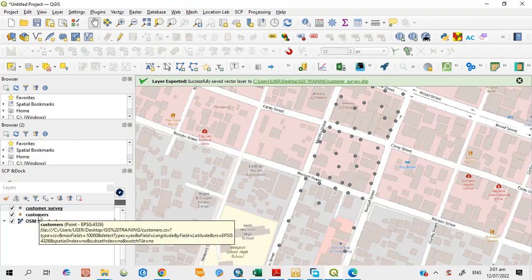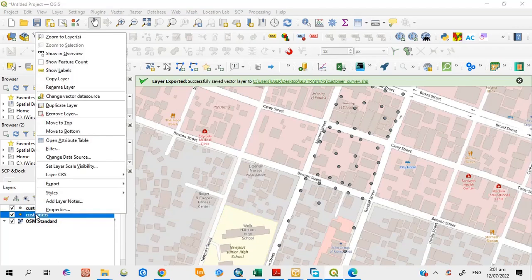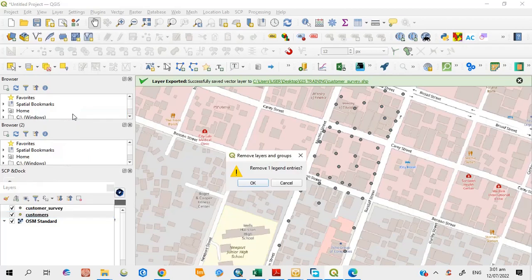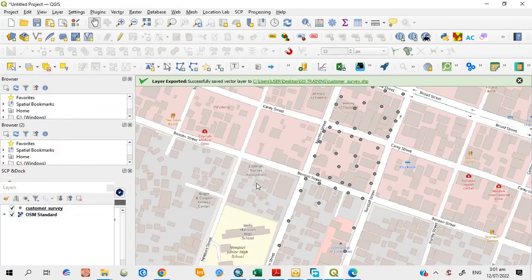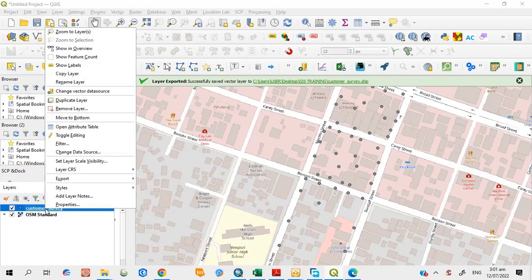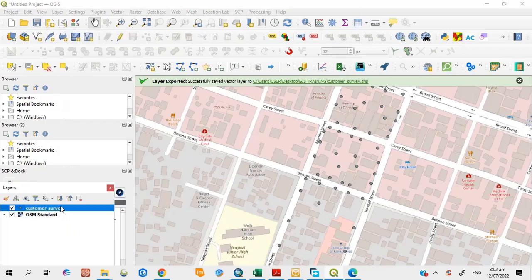So I no longer need this CSV file document. I'm going to get rid of it. Right click on it and click on remove layer. Click OK. Now the symbology is now very clear. So I also have the option of increasing the symbols of my data and also the color of my data. To do that, I also right click on my customer survey, go to properties,